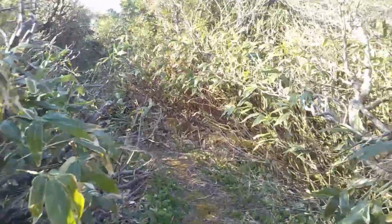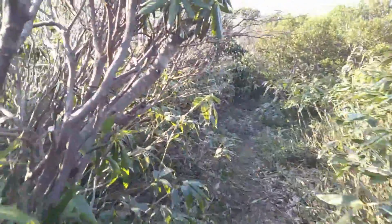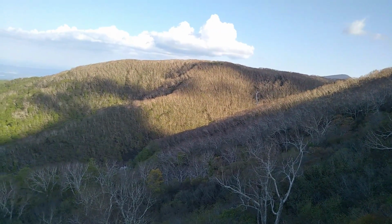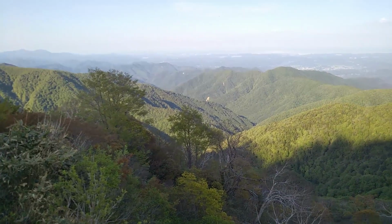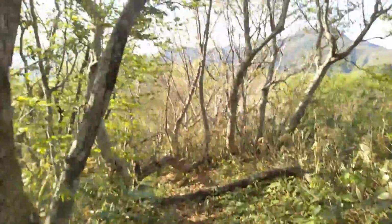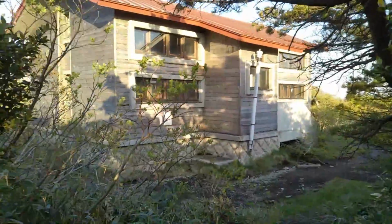Like the Malaysian jungles and some parts of America, you've also got to look out for venomous snakes here, especially with the sun out. Yamakagashi unfortunately don't make a noise, so it's very easy to tread on them by mistake. Awesome. Trail looks like midway on a Japanese mountain. Very narrow, sometimes along a ridge, but the trees are there to help you in case you slip. Finally, the hut, aka bothy, aka shelter,